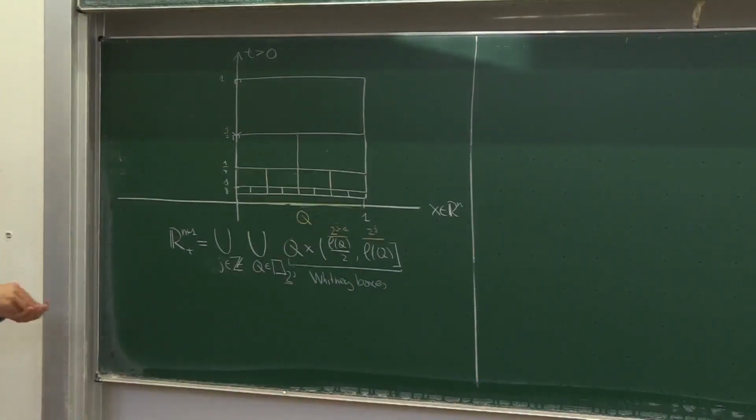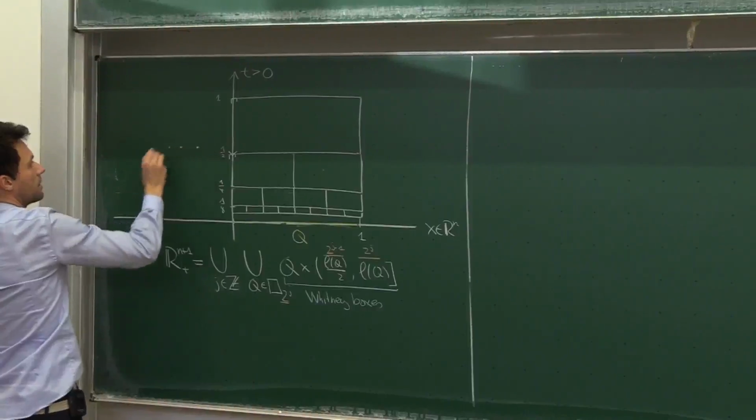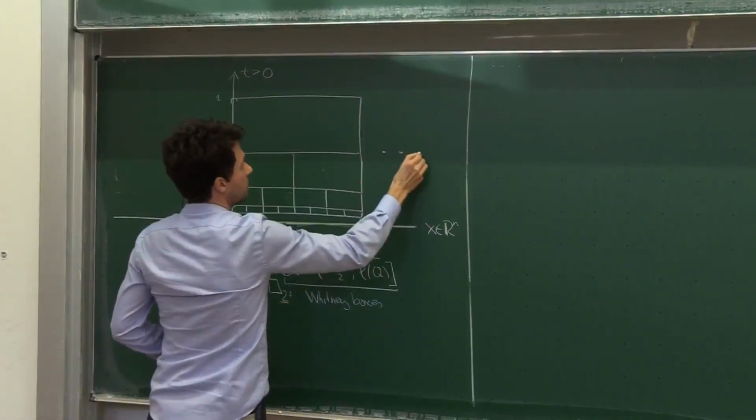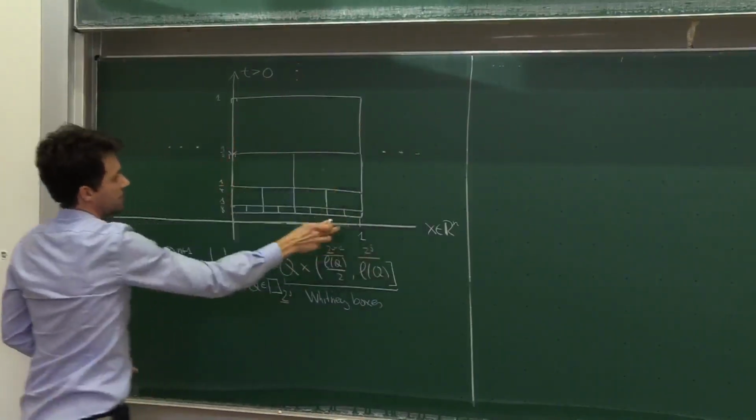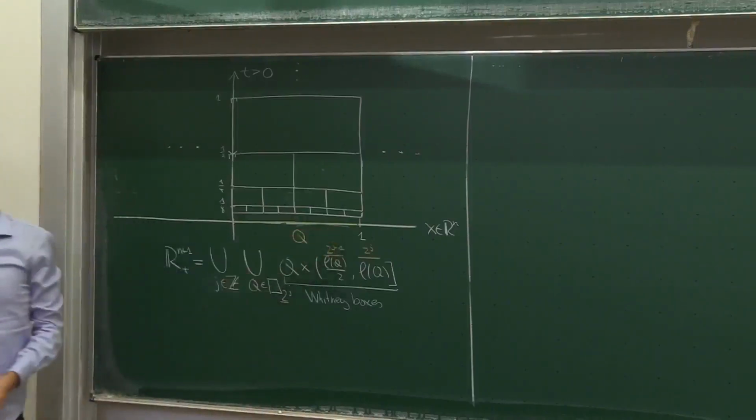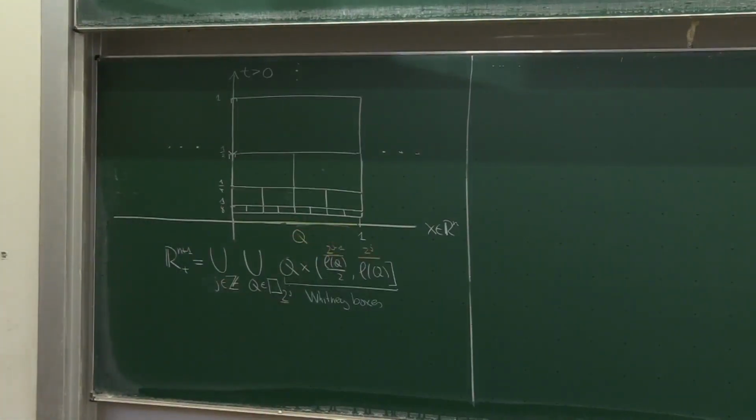Okay, and then it goes on, the picture goes on in all directions, and the picture is somehow scale invariant, so it doesn't really matter what the scale of u is, whether this is unit scale or something else. The picture just looks like this. And the thing is that